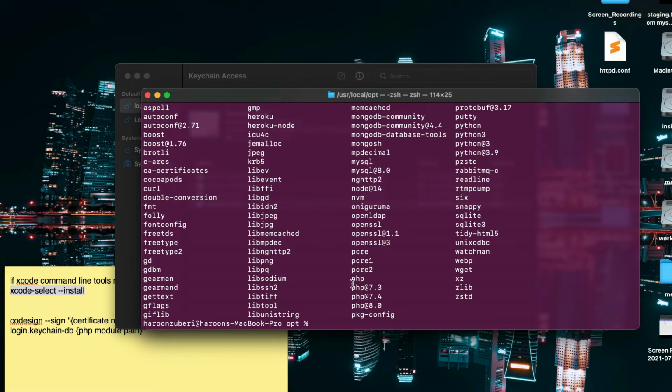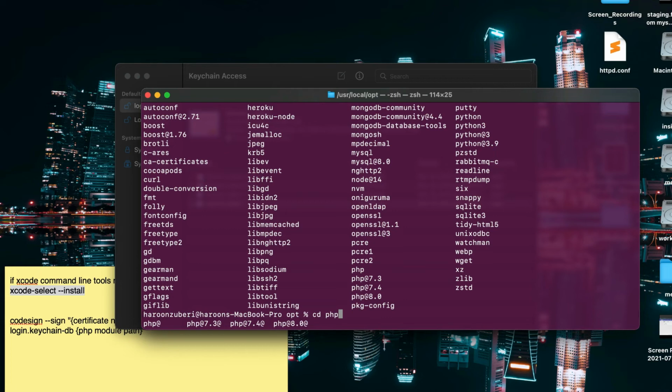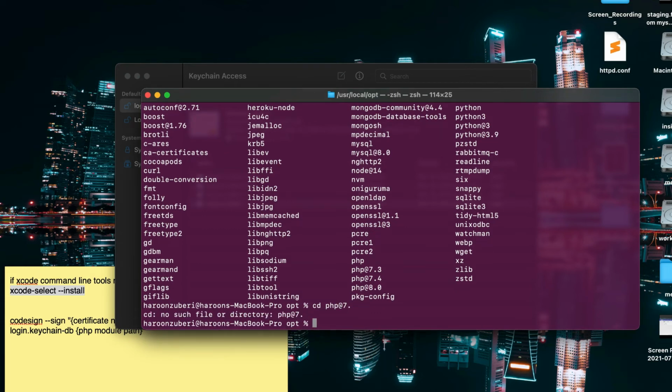You can see here we have our PHP listed. I have installed 3 PHP versions, 7.3, 7.4 and 8.0. So I'm going to add the code signing authority to PHP 7.3. I already have added it there with the same code certificate, but I'm going to show you how you can add it. Go to the PHP at 7.3